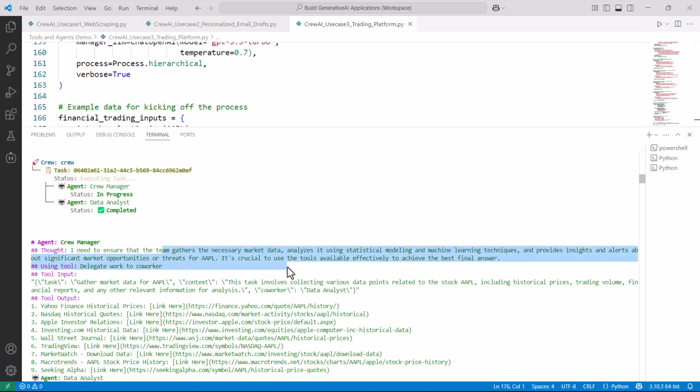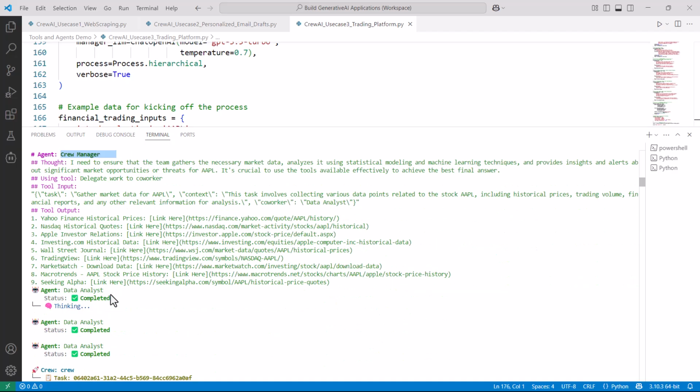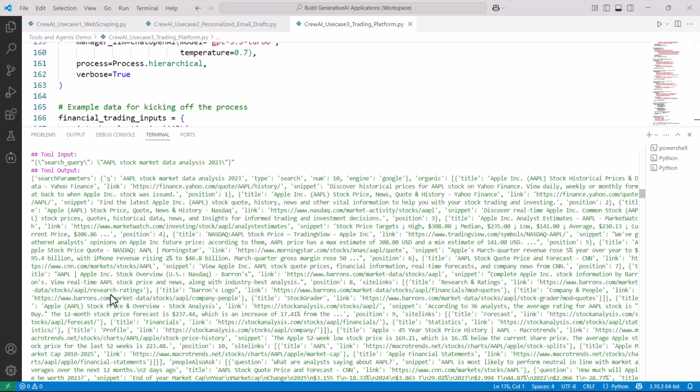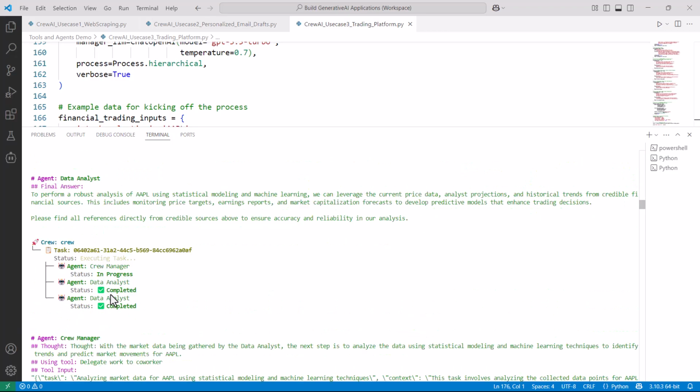So the crew manager is kind of a manager where it checks the output of each agent before it approves, right? So the agent started and it crawled different websites and it collected the real-time data. So the output generated by the agents will be evaluated by the crew manager, right? And once the data analyst completes the execution, the next one is